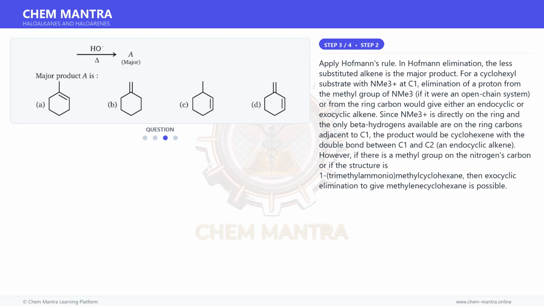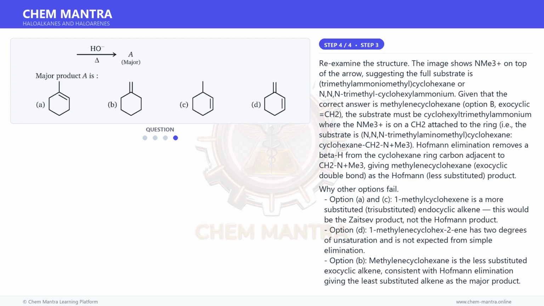However, if there is a methyl group on the nitrogen's carbon, or if the structure is 1-trimethylammoniomethylcyclohexane, then exocyclic elimination to give methylenecyclohexane is possible. And for the final step, re-examine the structure. The image shows NMe3+ on top of the arrow, suggesting the full substrate is trimethylammoniomethyl cyclohexane or N-trimethylcyclohexylammonium. Given that the correct answer is methylenecyclohexane, option B, exocyclic C=CH2, the substrate must be